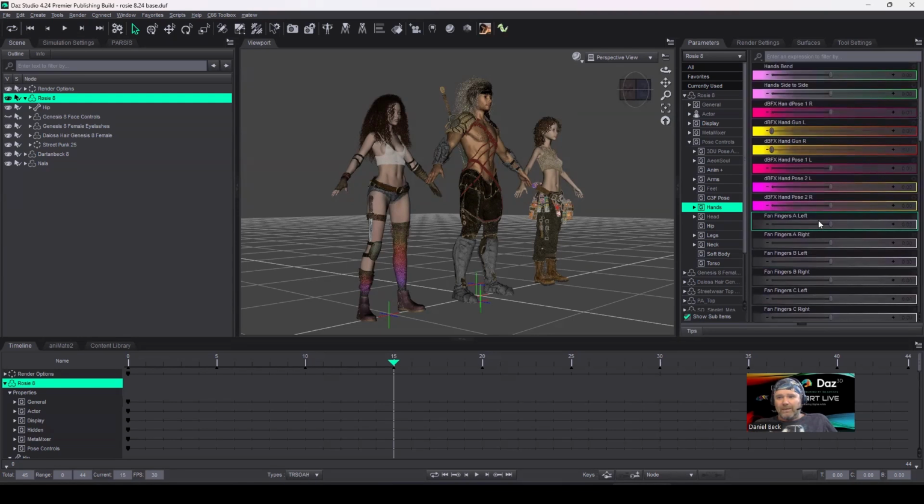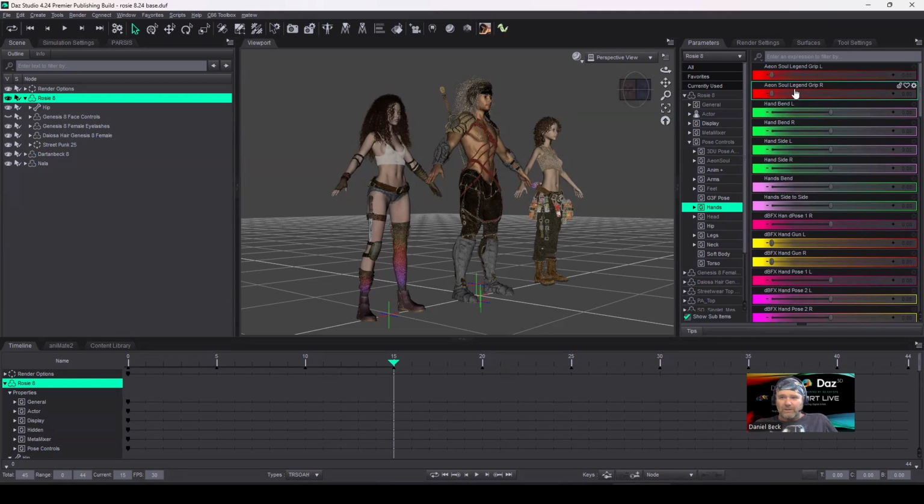And what I did give you is my hand pose. I did not include Eon Soul's Legend Grip because that comes in a product, and I don't want to share their hard work. It's not my place to do so, but VIP members will actually show you how to create these things. But we do have the hand pose one, the gun pose, and now this gun pose is